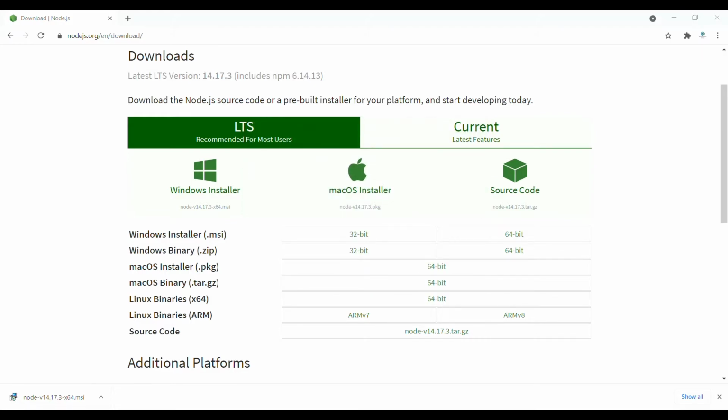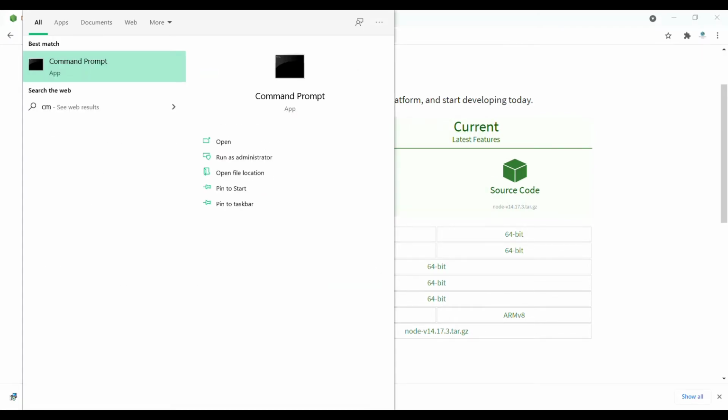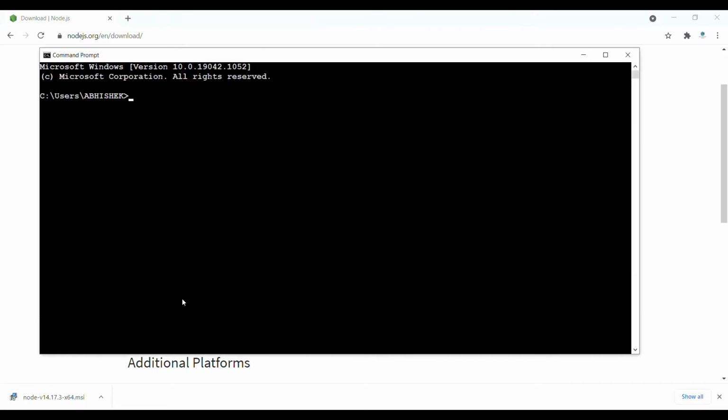Then click on this finish option, then go to your search bar and just type cmd, then press enter, and your command prompt will open. After that you have to type here node minus v. See what I have typed here, node minus v, this thing you need to type and just click on enter. Once you click on enter, it will show the version. If it shows any kind of version, you will understand that your node is completely and successfully installed.